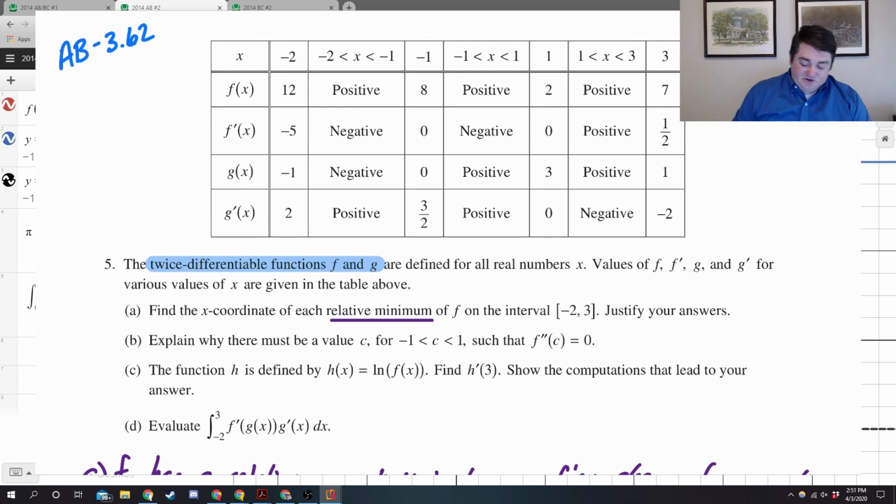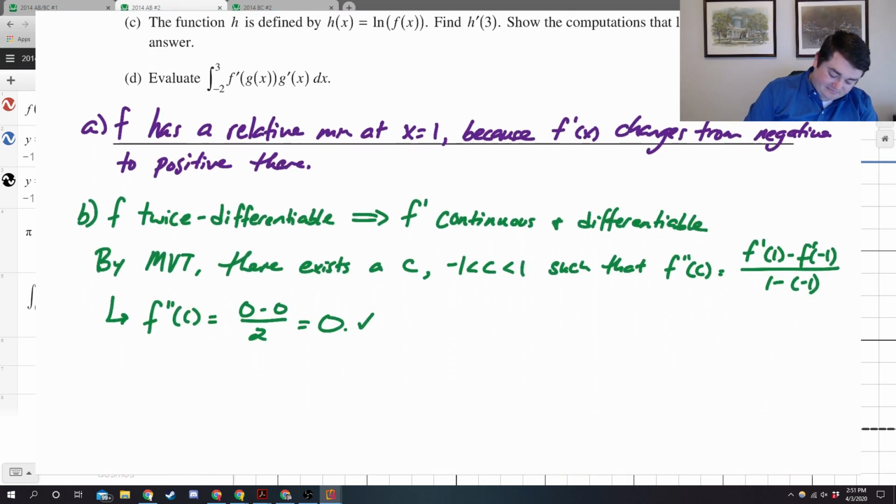Part C, the function h is defined by h of x equals the natural log of f of x. Again, I'm seeing layers here. I'm thinking chain rule. Find h prime of 3. Show the computations that lead to your answer. So h prime of x